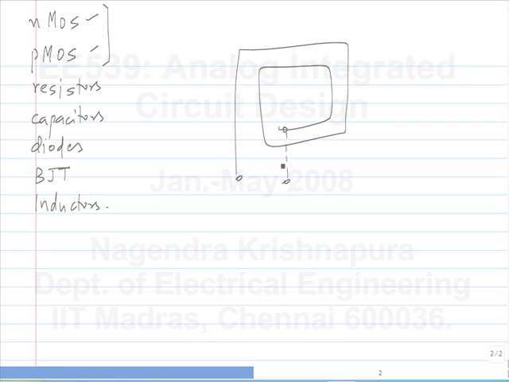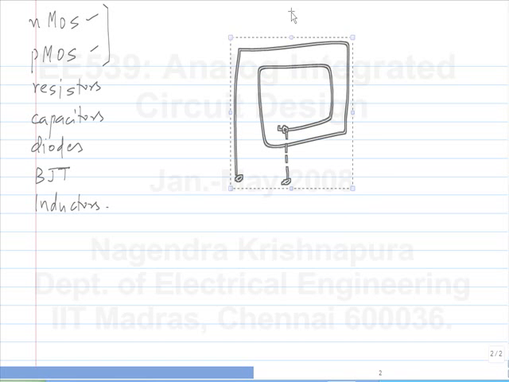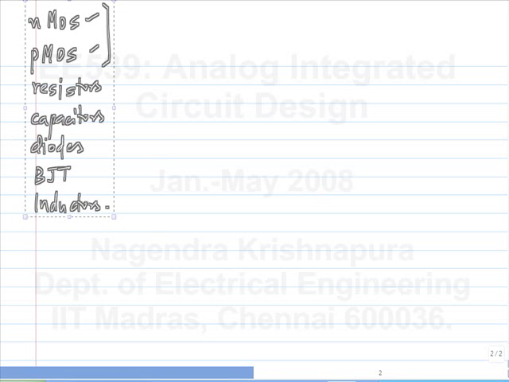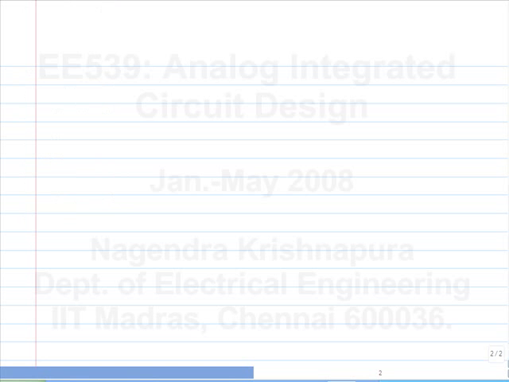Again, at low frequencies, we don't use inductors because even with a large number of turns, the amount of inductance you can get with a reasonable area is probably 10 or 20 nanohenries. So it's only at very high frequencies that these inductors are useful. So that's about the components that are available in the process. And again, as I said, you can have more or fewer components depending on the extra process options that you have. But we'll look at these components. That's good enough for our purpose.